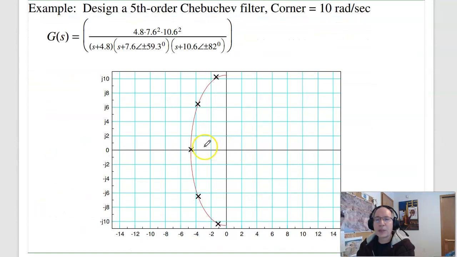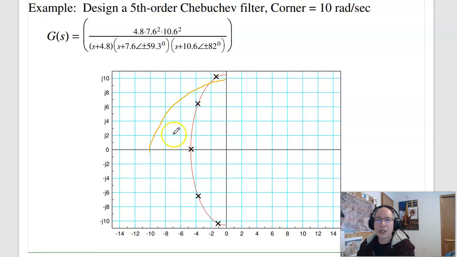Okay, like I mentioned, a Butterworth filter, the poles are on the unit circle with a radius of 10. A Chebyshev filter, the poles wind up on an ellipse. And again, the angle between the poles isn't quite as nice as it was with the Butterworth filter. It's wherever it is. And if you plot the gain versus frequency, looks like I draw the gain sideways,